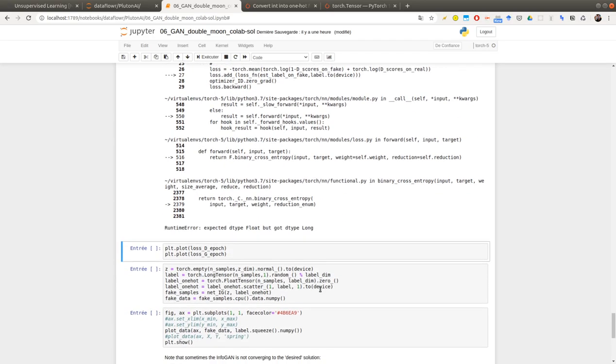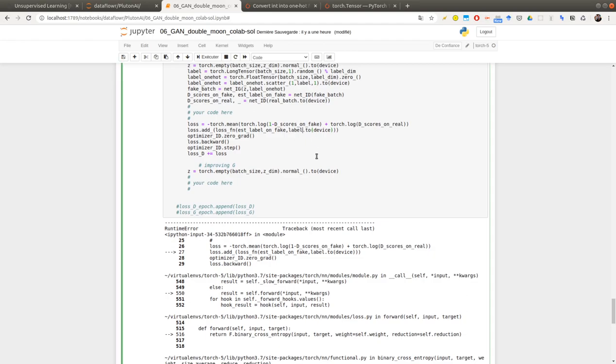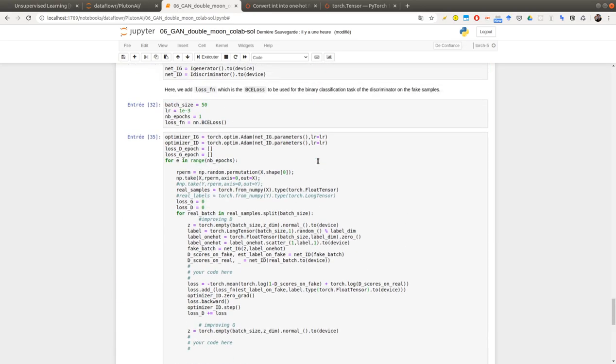Okay, one problem. Okay, this is a problem of casting here. So it's expecting a float, and not an int. So here I'm adding a BCE loss over there.